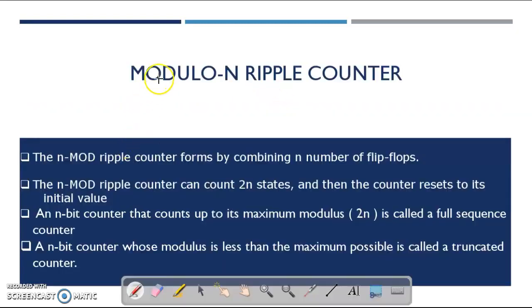Now move on to the modulo n ripple counter. The modulo n ripple counter is formed by combining n number of flip-flops. If I take a 3-bit counter, it requires 3 flip-flops. If I take a 4-bit counter, it requires 4 flip-flops to construct it. The mod n ripple counter can count 2 power n states,